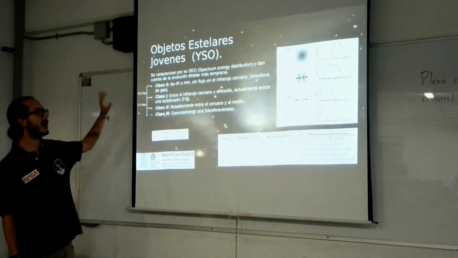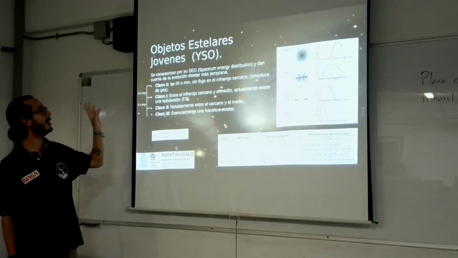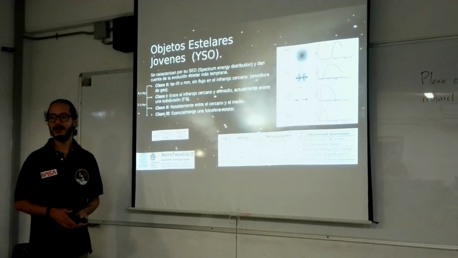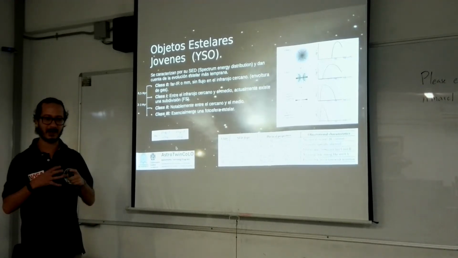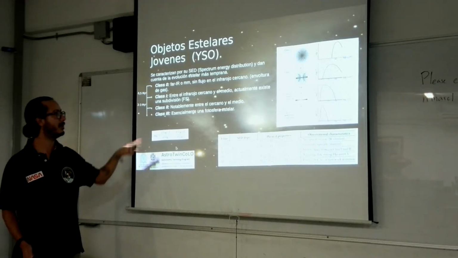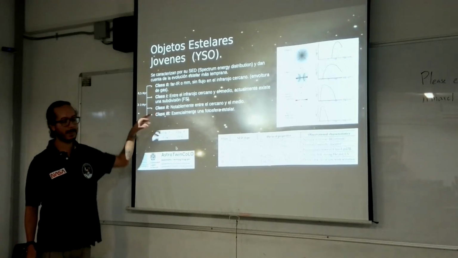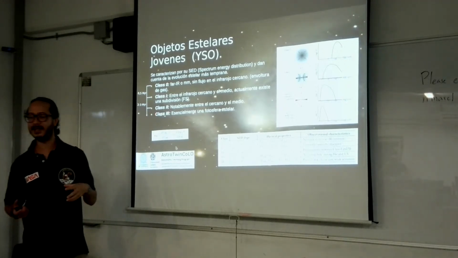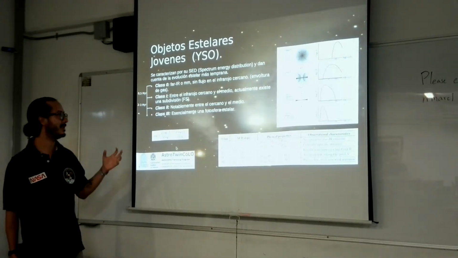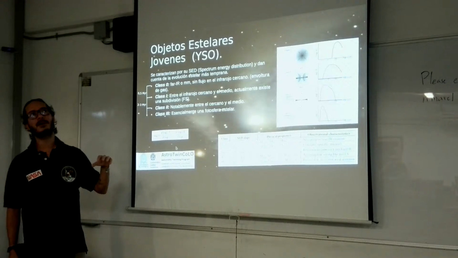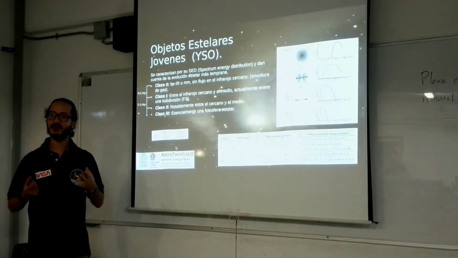But we are going to start talking a little bit about non-stellar objects, because the goal of the article was to review that in class 2 stellar objects, the mass of dust found in there is not enough to represent the actual population